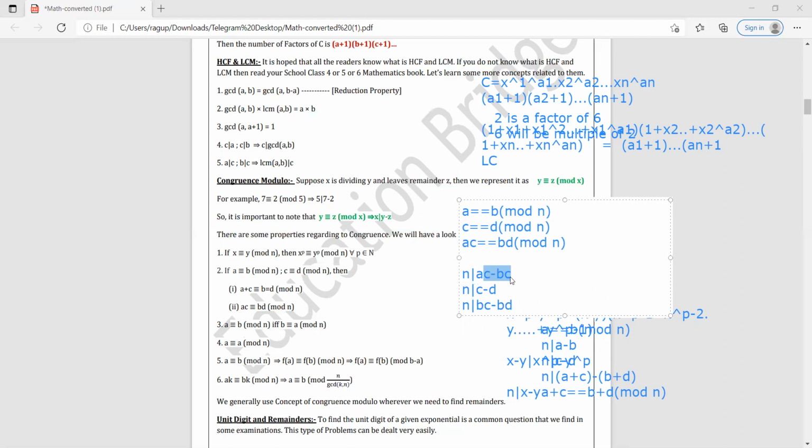Here we have n divides AC minus BC, n divides BC minus BD, so that addition will also be divisible by n. So n divides AC minus BD, and now we can write it in congruence form. So AC is congruent to BD mod n,